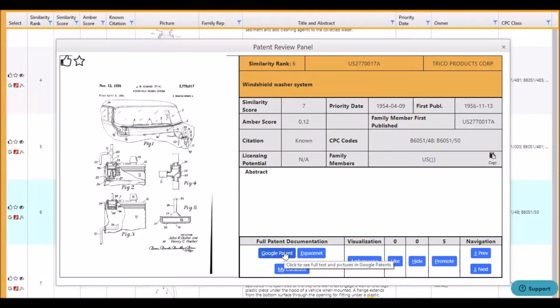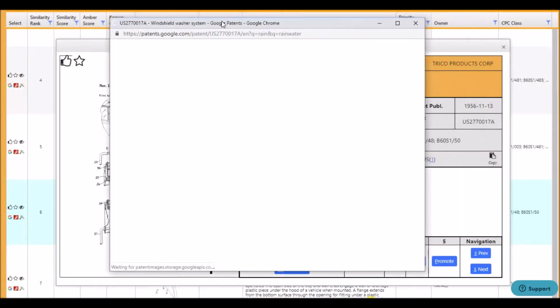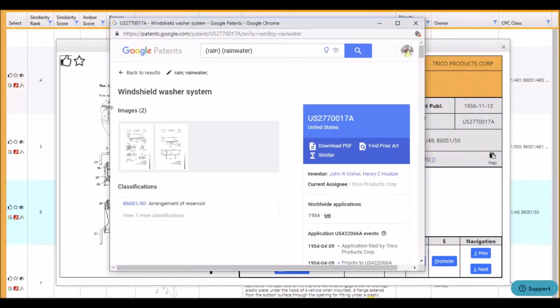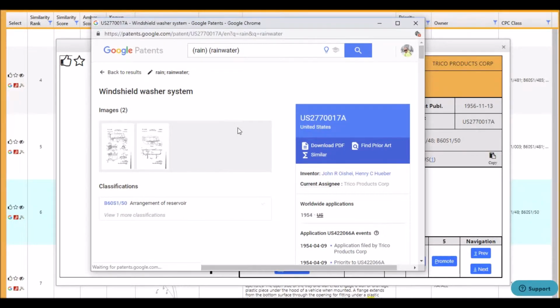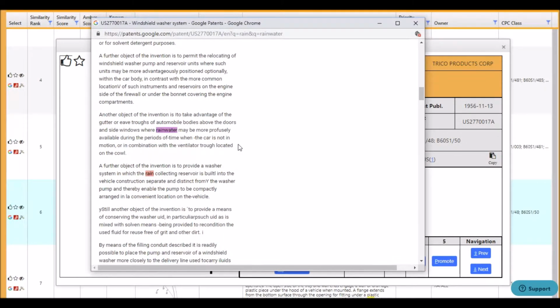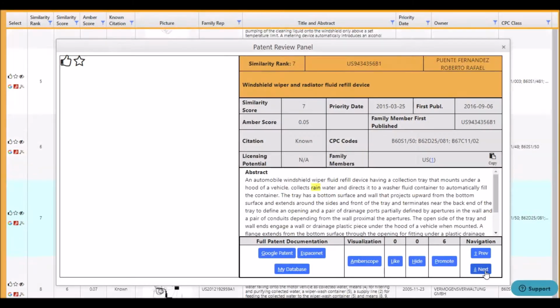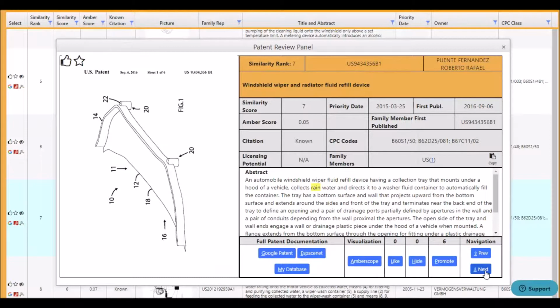What you can do, if it's unclear, is open up the patent in Google Patents, which we're doing at the moment. And this will bring up the patent and even brings across the keyword highlighting. So let's see if rainwater is captured, and it is. So I am going to promote this patent, and that's also relevant,